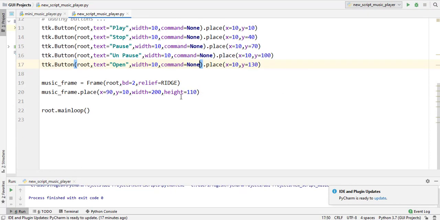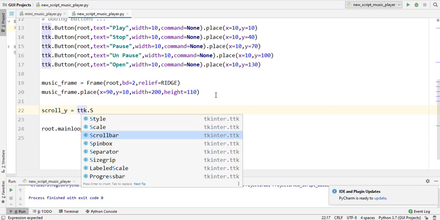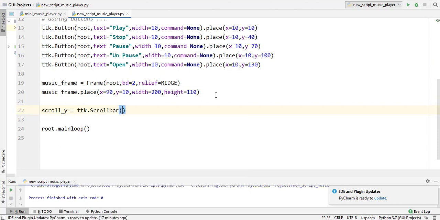So first we create the scroll bar, then create the list box and configure both. For creating the scroll bar I am using scroll underscore y is equal to ttk dot scroll bar, and inside scroll bar I have to place it on music frame. Now let's create the list box.